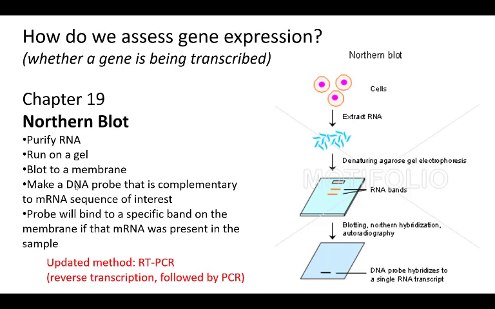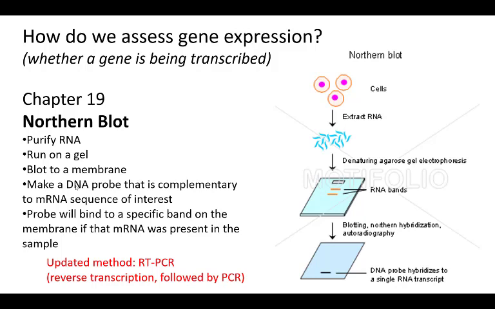So the first method I'll talk about is a northern blot. We already discussed what a southern blot is, and it is used to determine whether DNA with a particular sequence is present in your sample. And if you recall, we took the DNA, we ran it on a gel, and we used a radioactive probe that was complementary to the sequence we were looking for. So a northern blot is very similar to a southern blot. It's just using